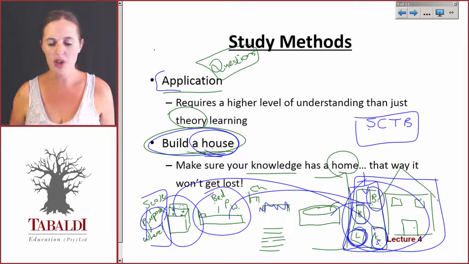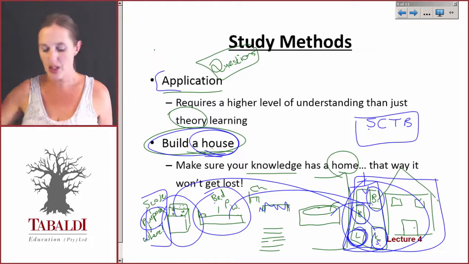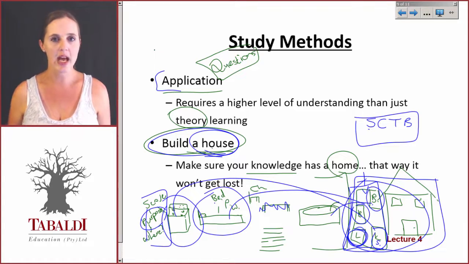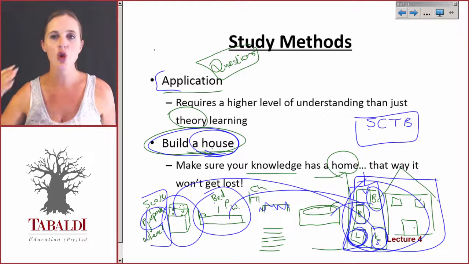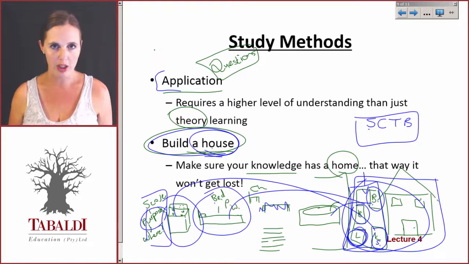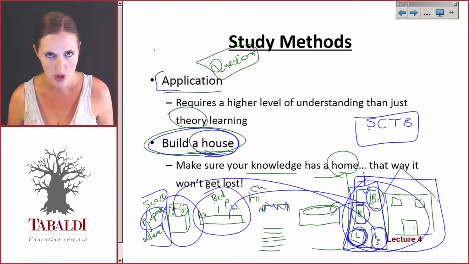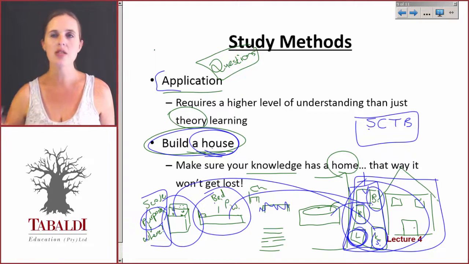When students are studying auditing, they're desperate to get to the theory. So they'll start studying the chapters, but they don't know why they're doing it. They don't understand, which means they're going to lose it. It is not medium and long-term knowledge. Understand why you're looking at the information first. Then, when I give you the detail, it makes sense and your brain is going to grasp it better.